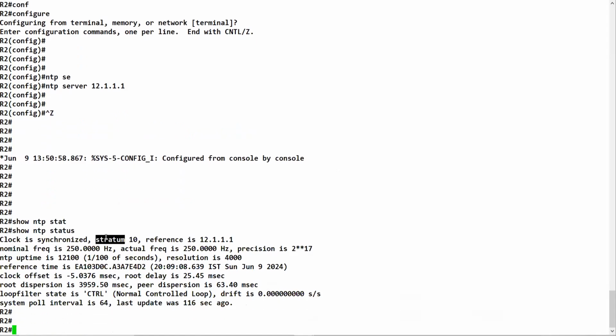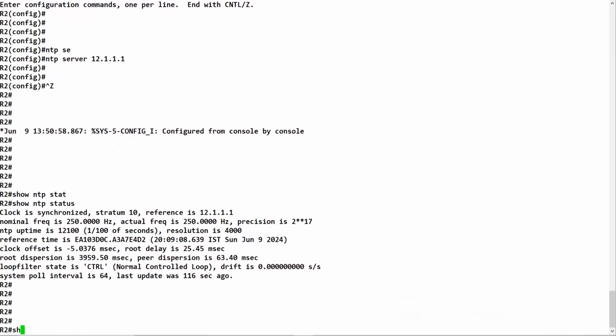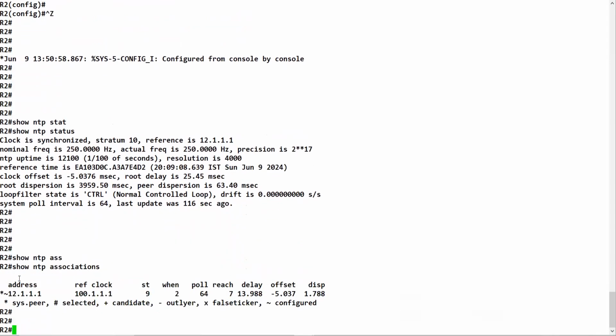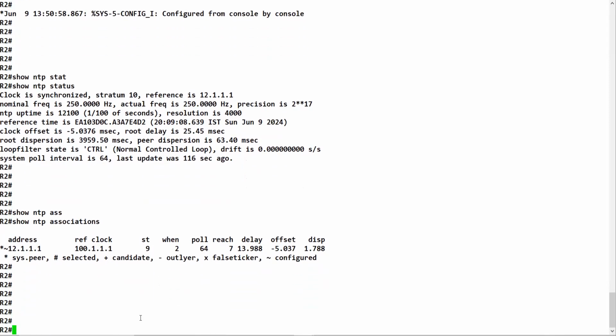Its stratum is also 10 and it is also getting the update from R1, which is having the IP of 12.1.1.1. You can also run the associations, and here also you'll find out about the IP address, the reference clock that our NTP server is using, the stratum number of R1, which is 9, and all the other details. Okay, now I will show you